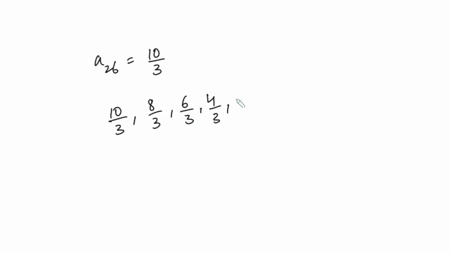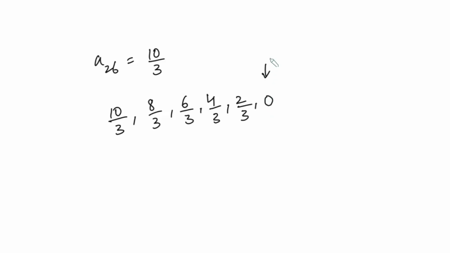As we know that the sum of 25 terms is 300, let's find the 26th term, which is a plus 25d. If we find it by using the values of a and d, we'll get 10 over 3. The next term will be 8 over 3. Similarly, the next terms will be 6 over 3, 4 over 3, 2 over 3,